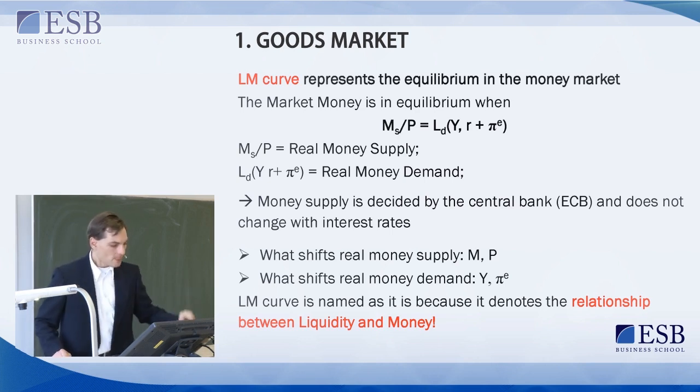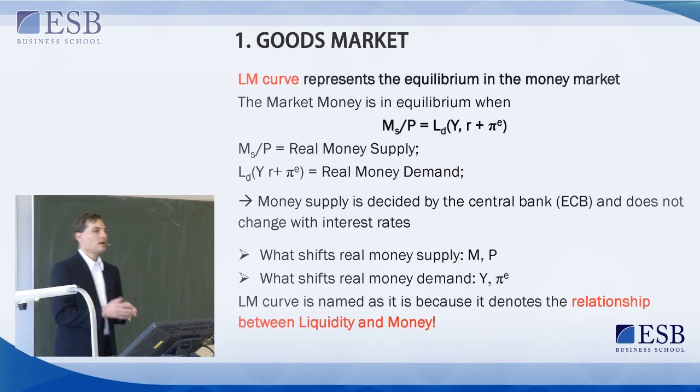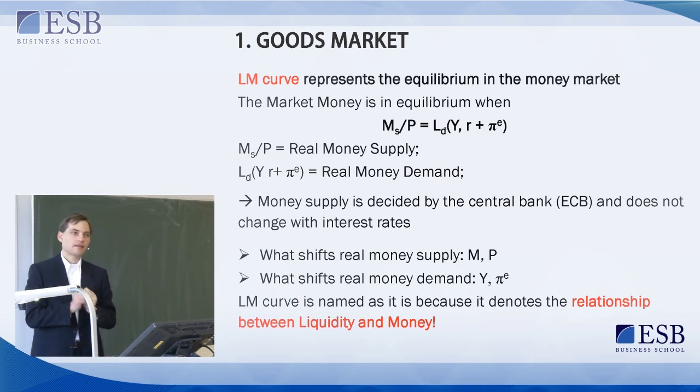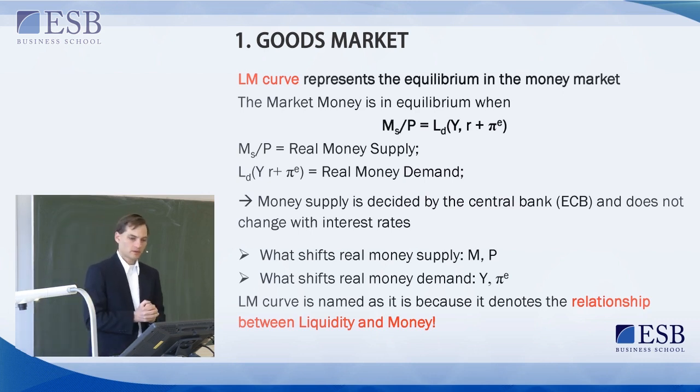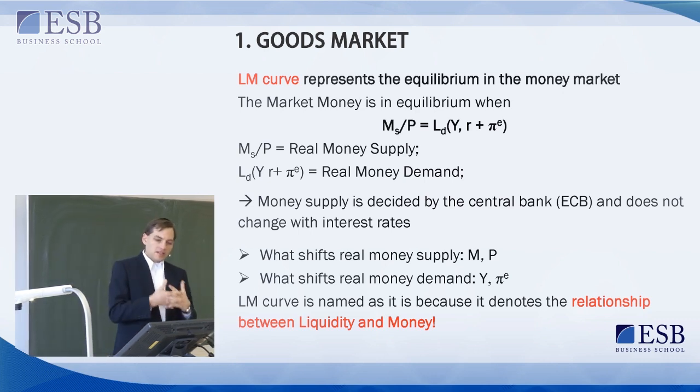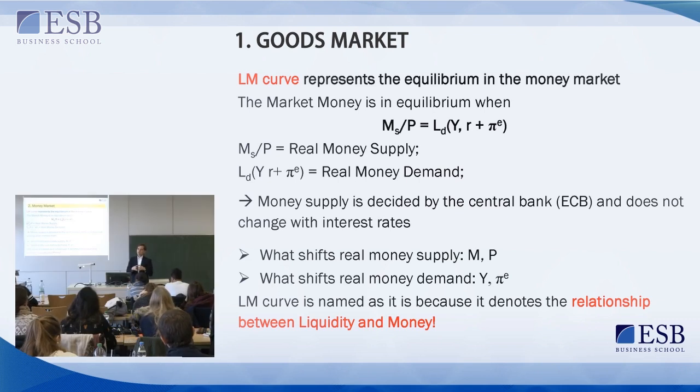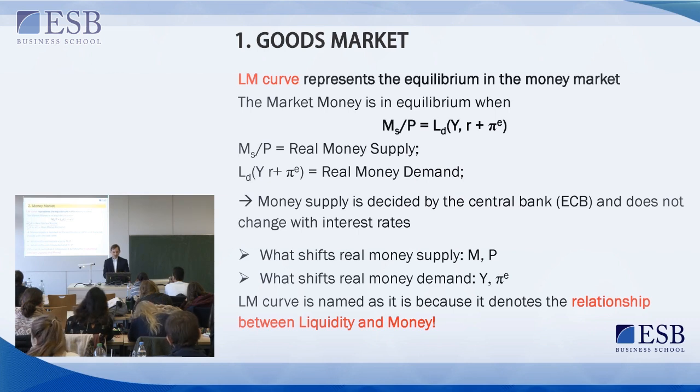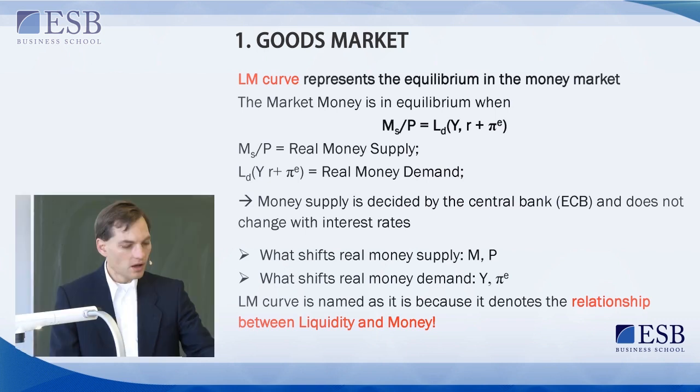So, now let me talk a little bit about this liquidity function to get an idea of what is behind this liquidity demand. In particular, I'm interested in the question: what happens to my liquidity demand if one of these factors inside the liquidity function, the income and the interest rate, is changing? So in a more mathematical way, I'm interested in the derivative of this liquidity function in respect of